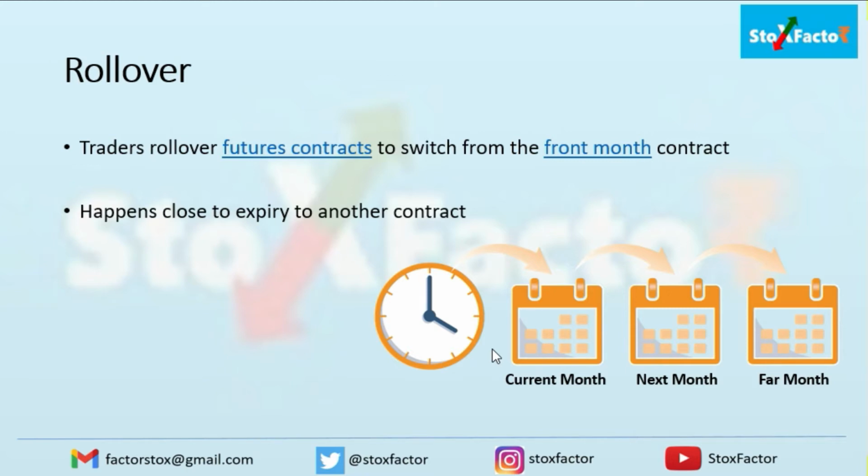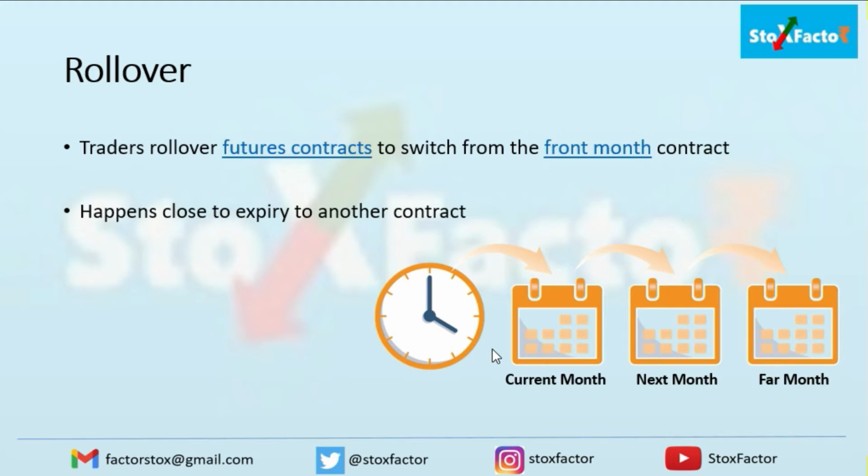Generally you will see the rollover in futures contracts, not in option contracts, because as you already know, options are generally zero if they are out of the money, and if they are in the money they are settled. So there is no concept of rollover in the options positions. They are restricted to that month only. But in a futures contract, you can carry the positions by paying a small premium or even at a discounted price, depending on how the future price is calculated for the next month. So people can roll over their positions accordingly. It generally happens when the expiry is close for the current month, right?